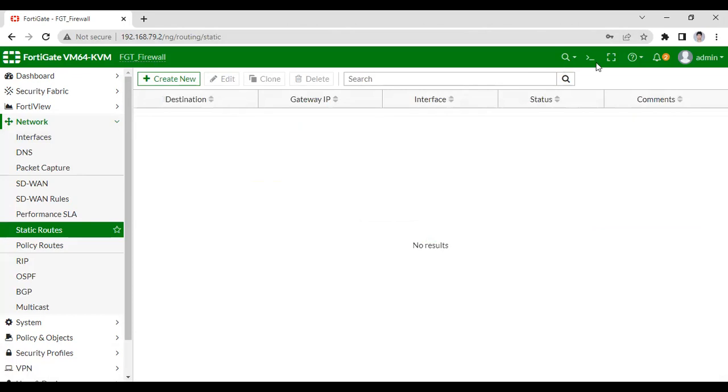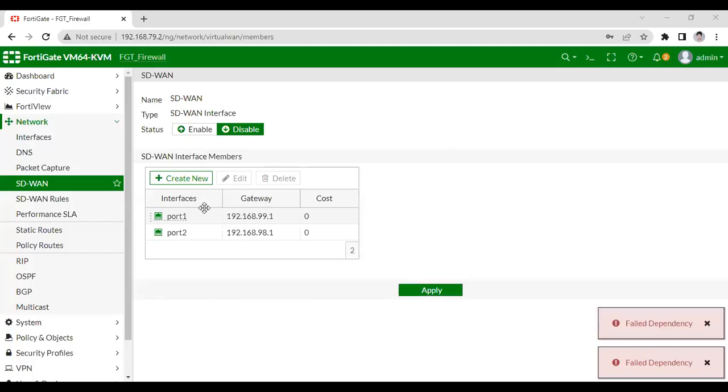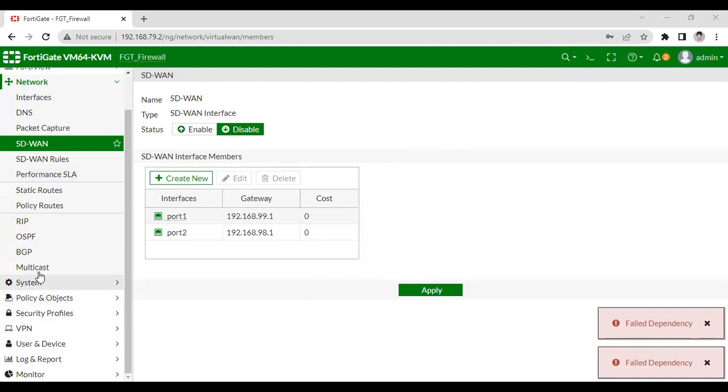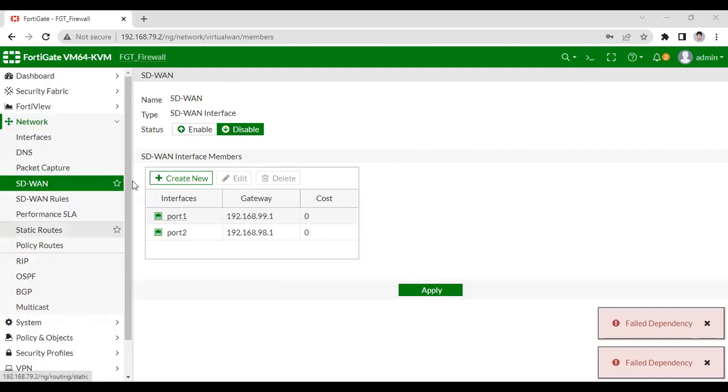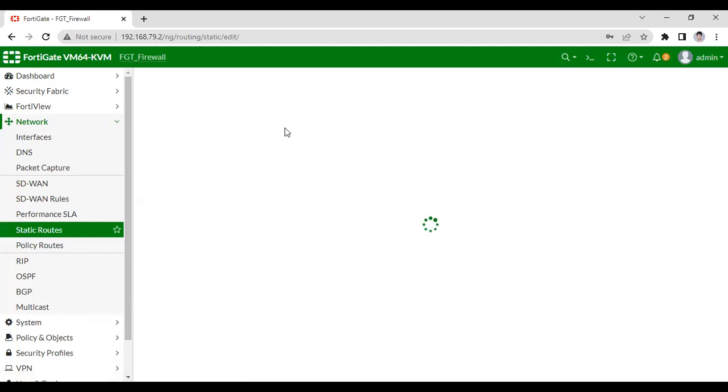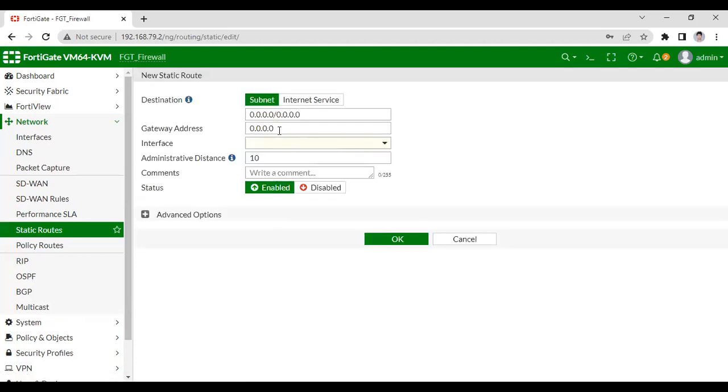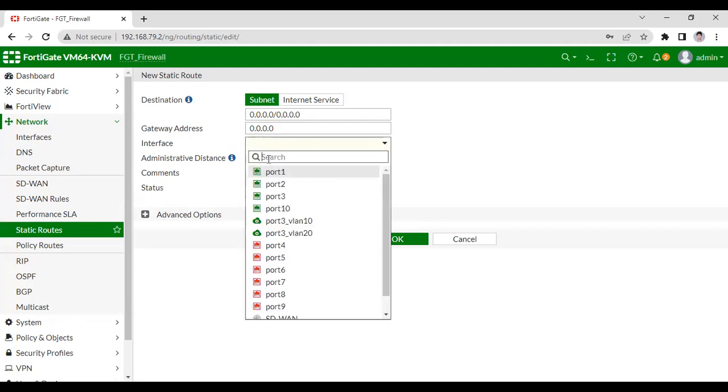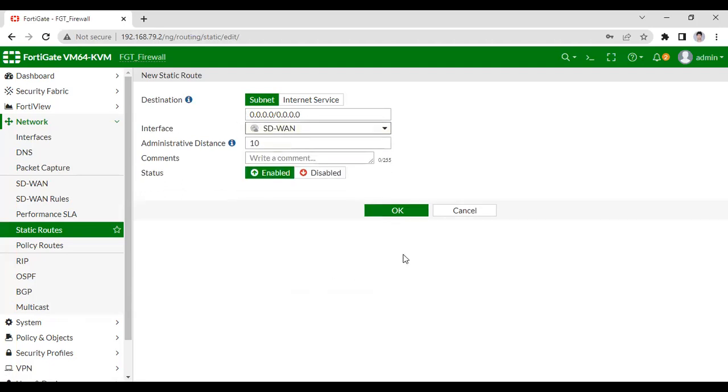So let me check. So let me configure a static route. Go to network. Then there is one option, static route. So create a default route, right. So I'm going to have gateway .0.0, then SD1. Okay. So as you can see that I'm getting